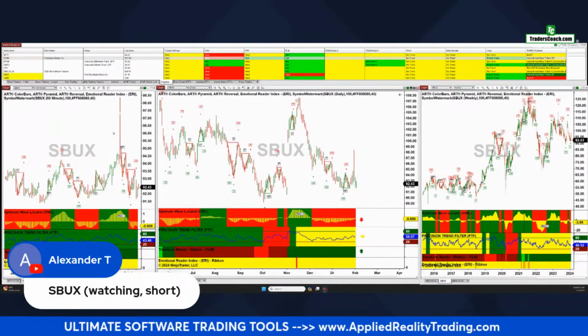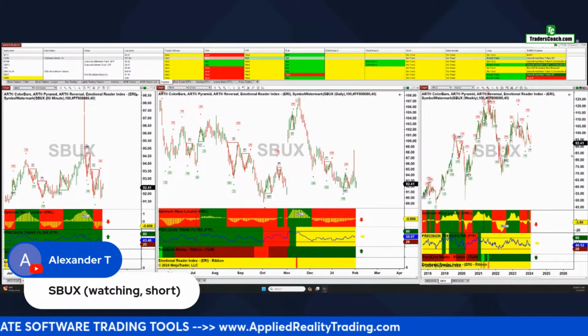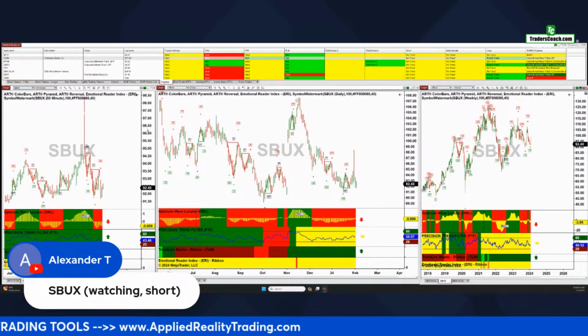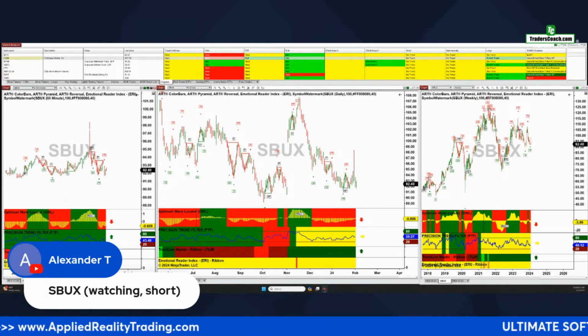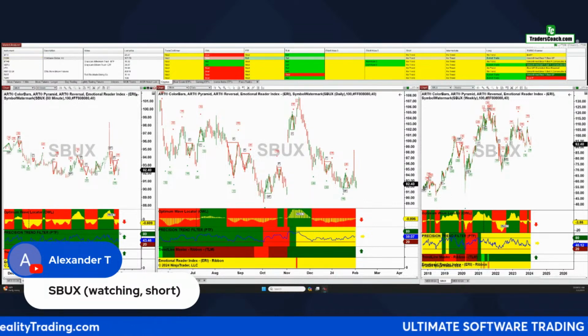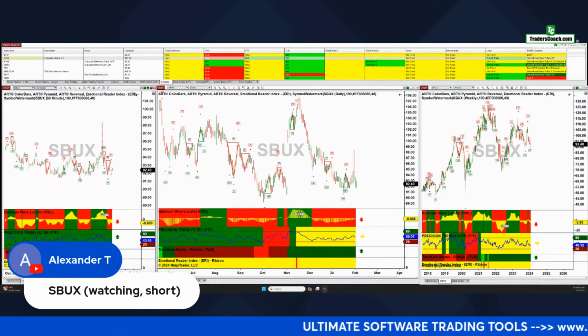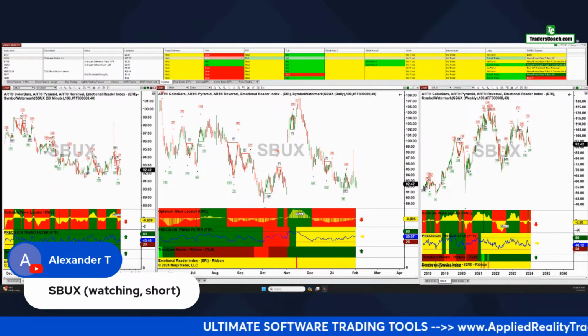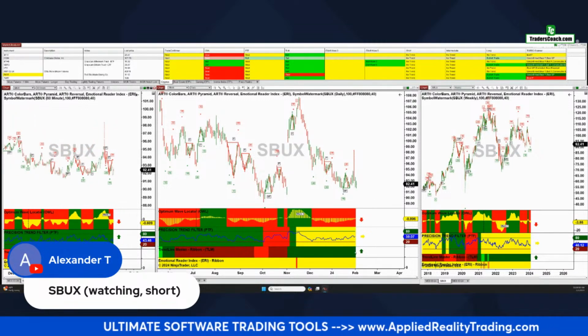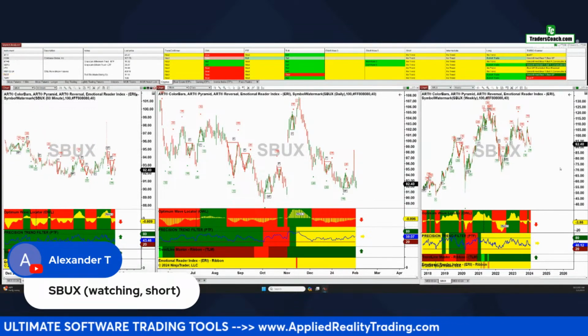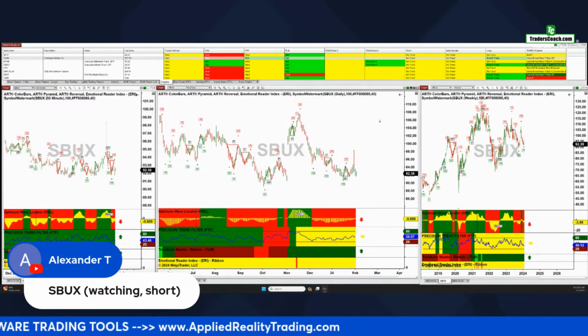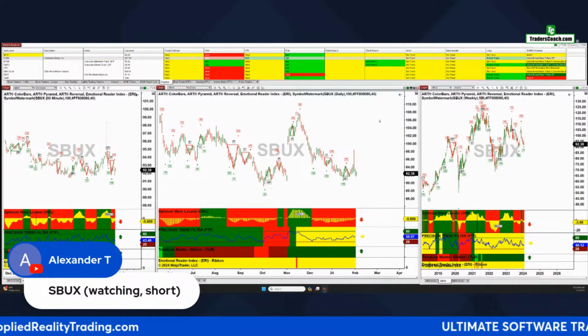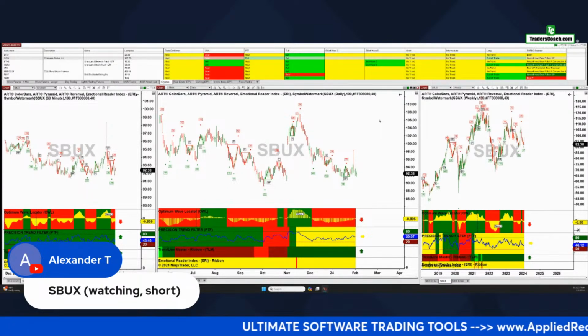Okay, so you're watching this for a short trade. All right. No short trade with this PTF green on the 60-minute. I would not do anything with that. Been green for quite some time. All right. So I would just hold off on this one. Okay, your other one, DWAC, is much better. All right. So kudos to Alexander for DWAC.